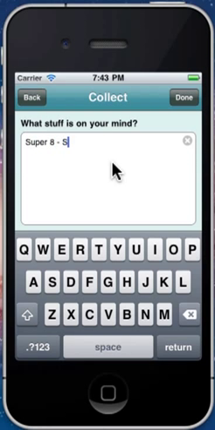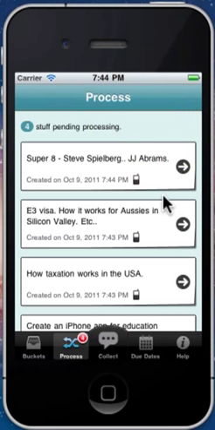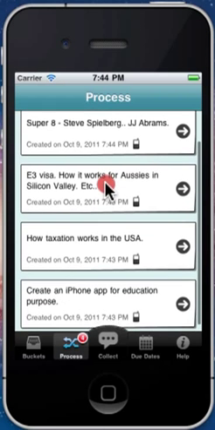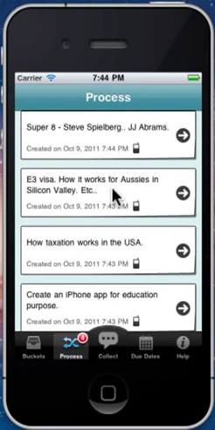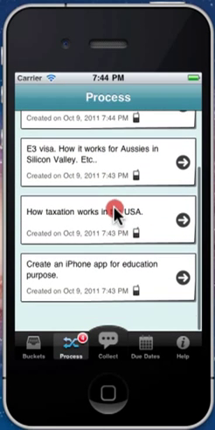It's one of those Steven Spielberg movies. Also, J.J. Abrams produced the movie. You want to write it down. You want to watch it. Everyone's talking about it. Bang, collected. So as you can see, we've got 4 things so far collected. And as the day goes on, you might have more things.